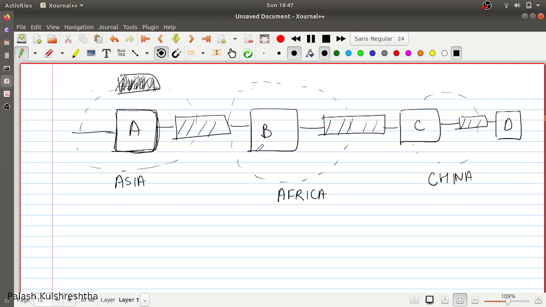Similarly, if task B requires data which is present in the Africa region, then you can run this task in the Africa region, and only the messages are being transferred from the Asia region to the Africa region. So the basic premise is you can run your task near wherever your data is, so as to cost optimize your application and so as to speed optimize your application.